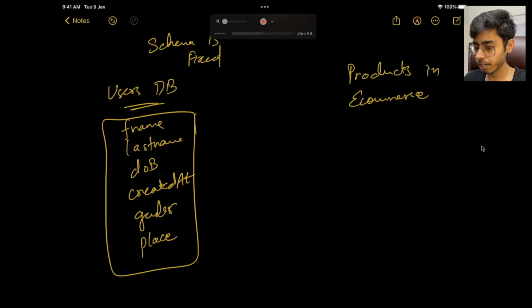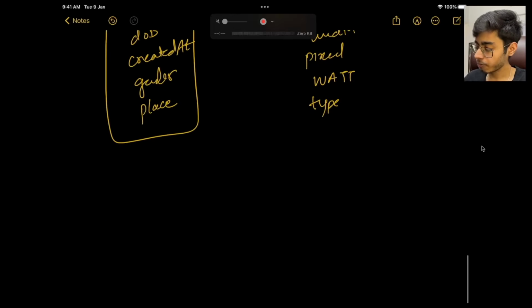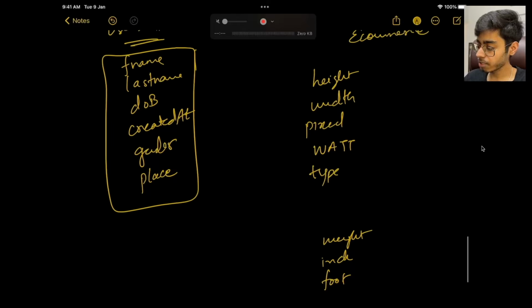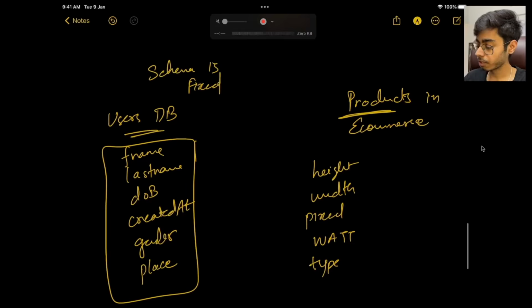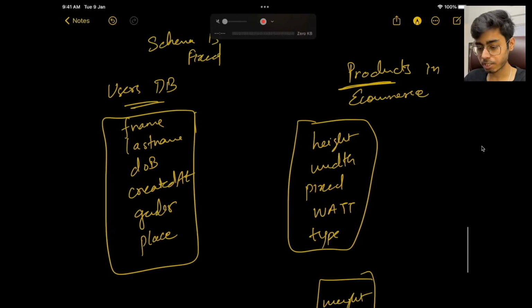For an electronics item, you will have height, width, pixels, aspect ratio of that electronic device, watts for charging, and which ports are available on the device, Type C, Type A and so on. But for a furniture item, you will have weight, inches or feet. So for the same thing, a product, the fields are changing, the schema is changing, my variables are changing.